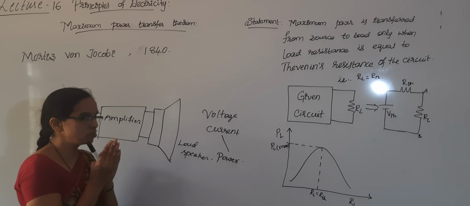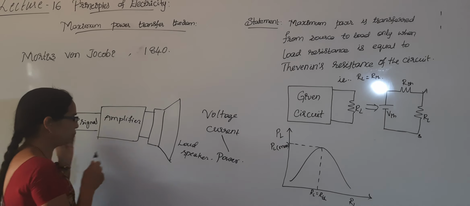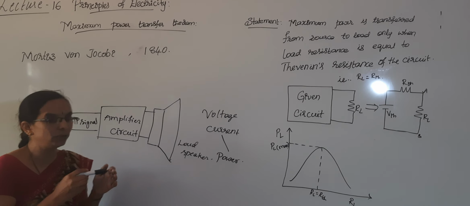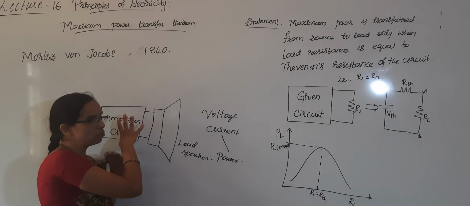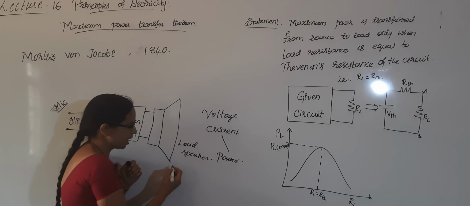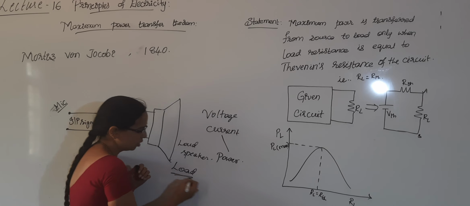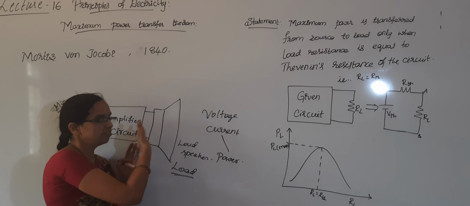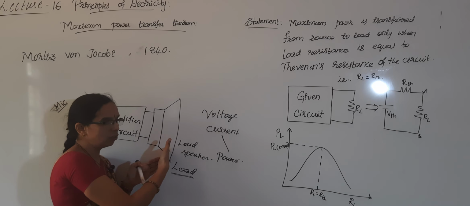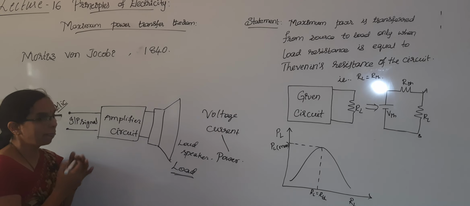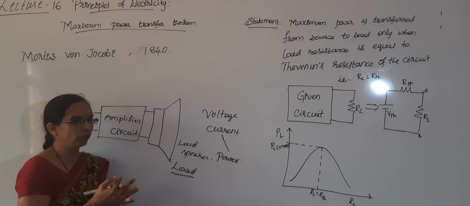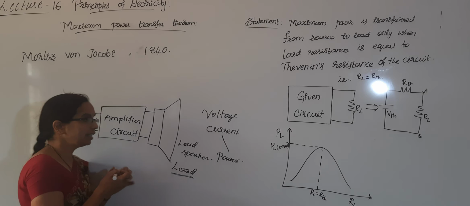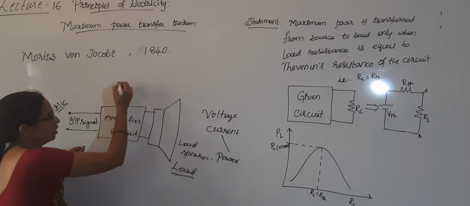If you are connecting two circuits, the amplifier circuit is a given circuit. The amplifier circuit is designed to strengthen our signal. That circuit is connected to the loudspeaker, which acts as a load. Load, in the sense, the loudspeaker is our final stage, which is acting as a load here. So obviously the electrical signal flows, the current is flowing, in the sense there exists a voltage, there exists a resistance. Okay, in case of AC signals, we will call